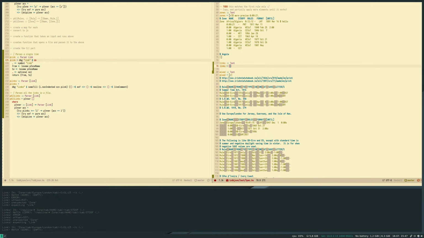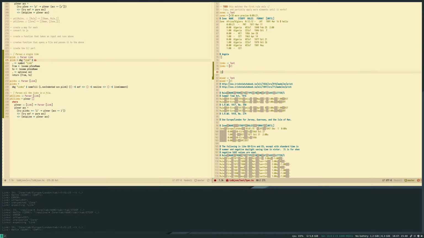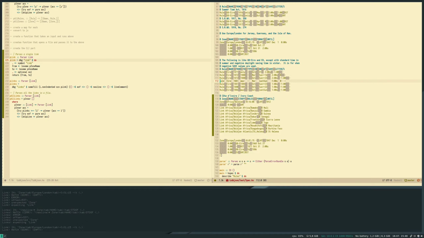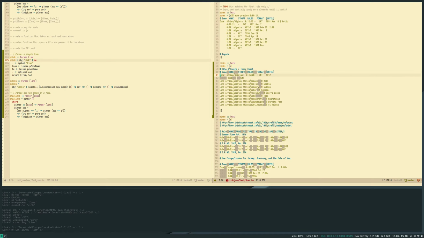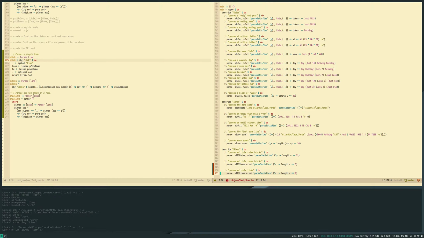Links. Let's just keep the line here, and then we can copy and paste this section here. Paste it here, and then go down here, comment this,